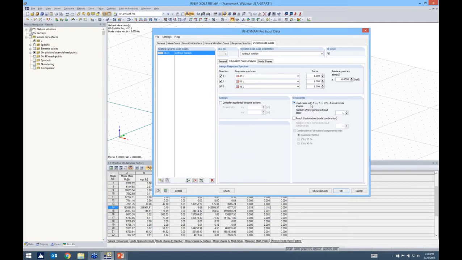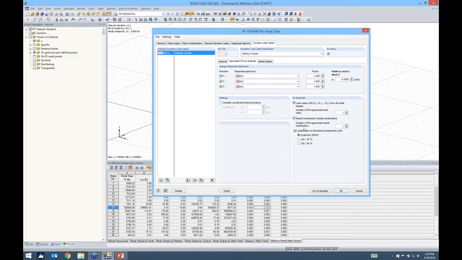Then we want to go ahead and generate load cases here. So this is all of the information that will be exported back into RFEM and considered for analysis. So the first one that we have checked here are load cases for all modal shapes. We certainly want to export our modes back into RFEM as load cases. After we do that, we want to further go ahead and produce a result combination from all of these modes. And how the program will do this will be according to the SRSS rule, which I'll show you in our next slide. Then from here, as soon as we get our results in the X, Y, and Z direction,